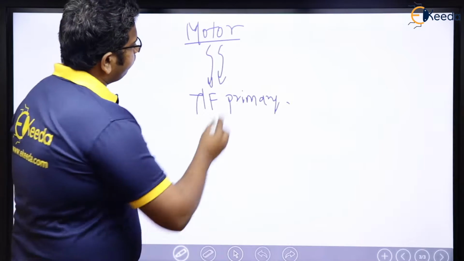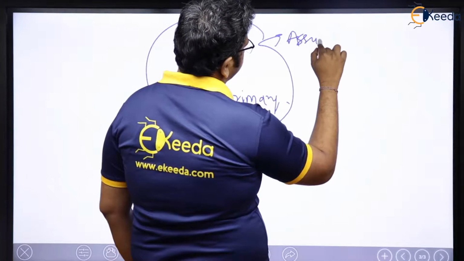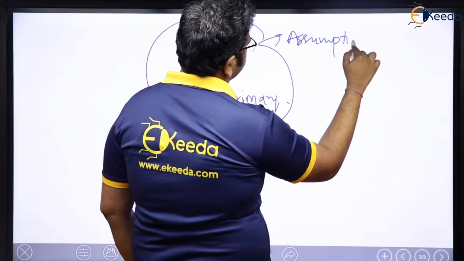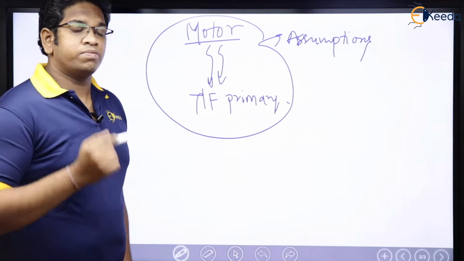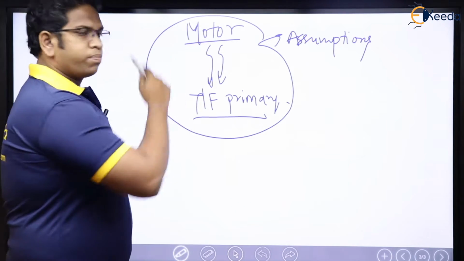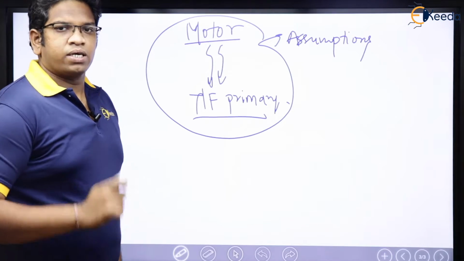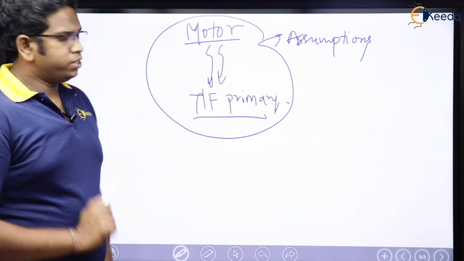And then we had discussed some assumptions for them. What were they? Assumptions were that transformer primaries and motor inputs will be connected to ideal voltage sources,